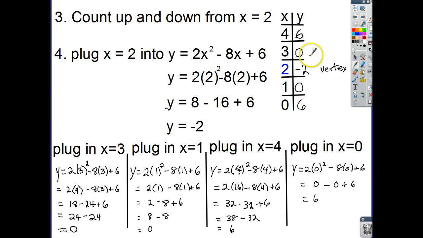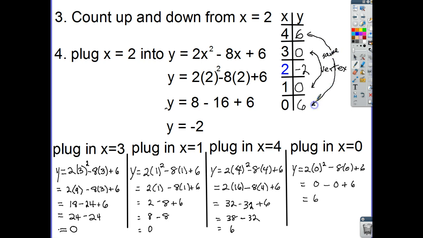Okay, so I want to take a look at this chart now and recognize something that's going to always be true when you pick your numbers, as I've shared with you right here. Put the x-coordinate of the vertex in the middle, go up one, go up another, go down one, go down another. Then what we find out, because parabolas are symmetric, is that these two are always going to be the same,